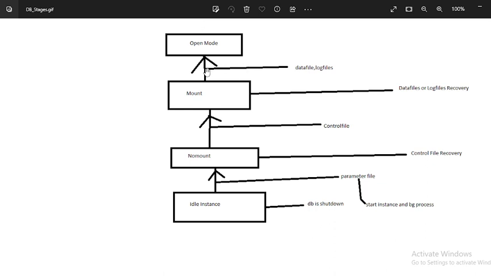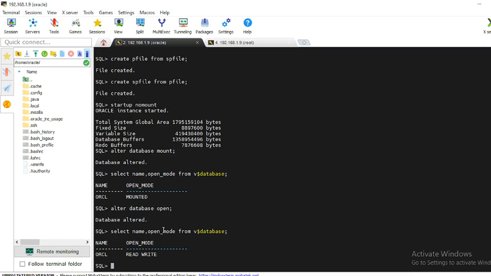When your database tries to go from mount to open mode, if there is a problem in the data file and log file, it will return back to the mount stage. So we need to recover the data file and log file on the mount stage. Once recovery is done for those files, your database will easily go from mount to open mode. So this is the process of the database.